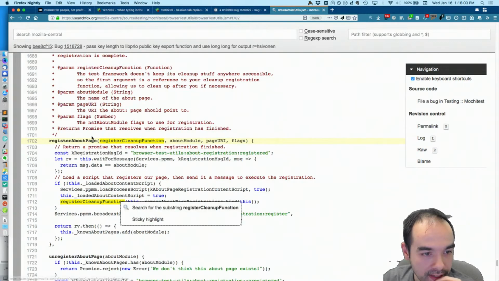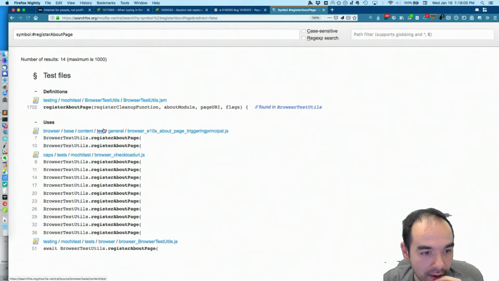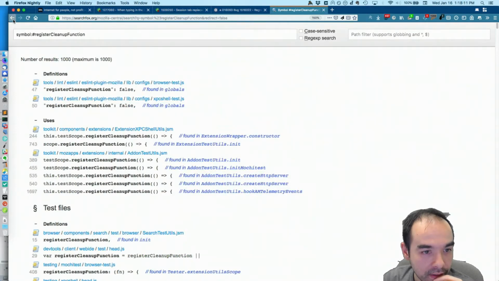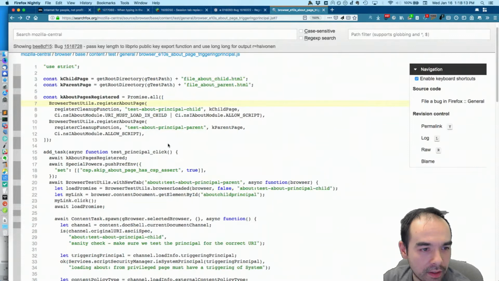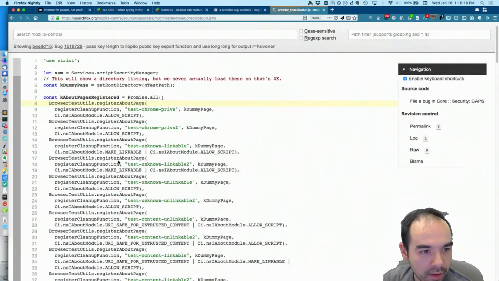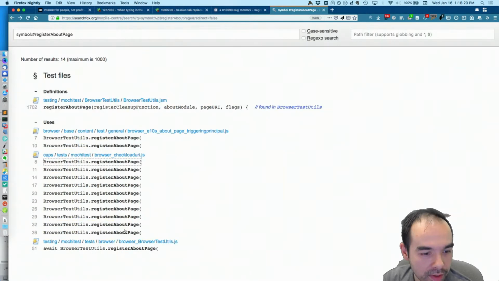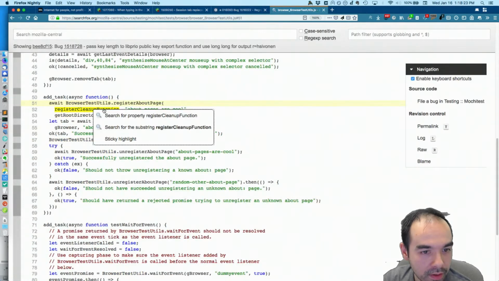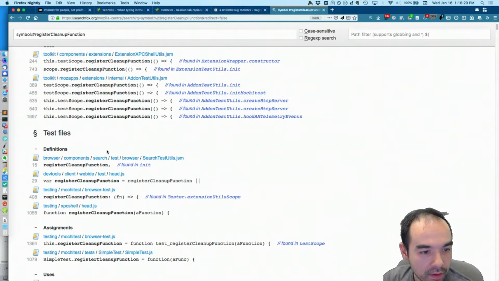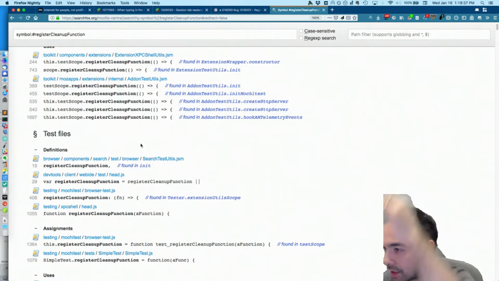Let's see an example of this being used in the wild. Register cleanup function. Where is register cleanup function? Oh, I see. So register cleanup function is the